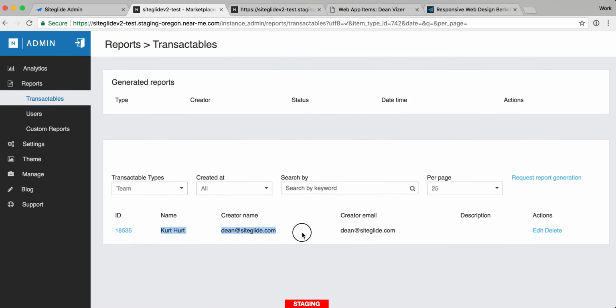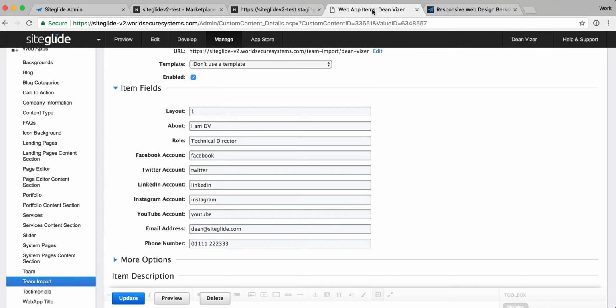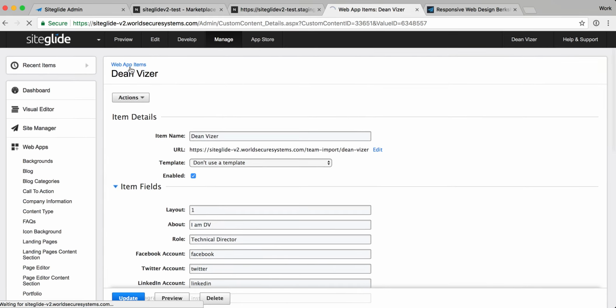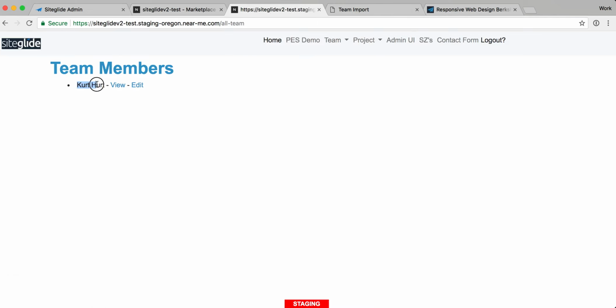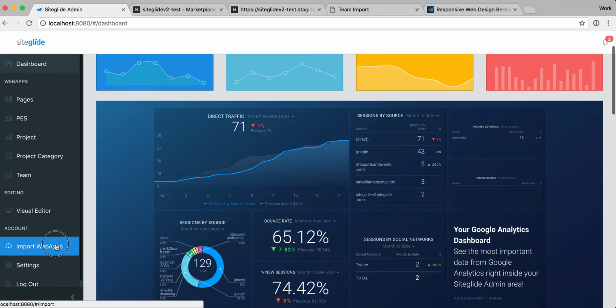So with that in mind, if I look at my list of web app items for the team in Platform OS, currently we just have the one user. And over in Siteglide, Business Catalyst, we have two other users which aren't currently in that account. And on the front end, again, just the one user for Platform OS. So with our new web app importer,